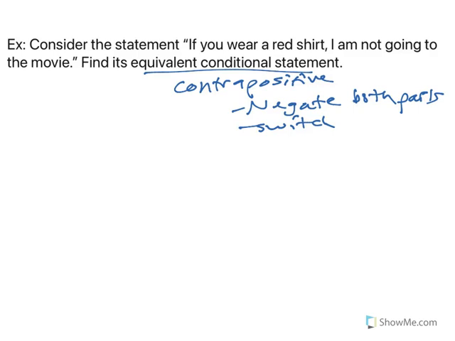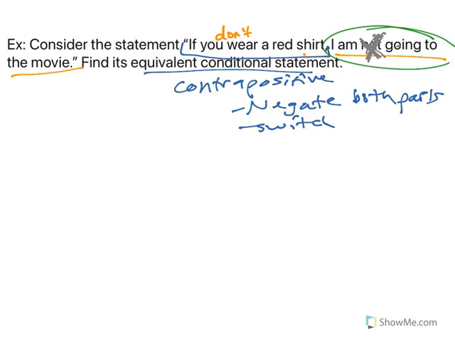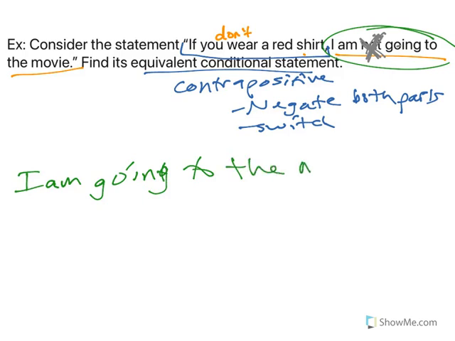Okay, so we have 2 parts. This is one part. This is one part. So let's negate. If you wear a red shirt, to negate that, we put the word don't. If you don't wear a red shirt. How do we negate the second part? I am going to the movies. Okay, so that's the negation. And now let's flip it. So we start here. I am going to the movie